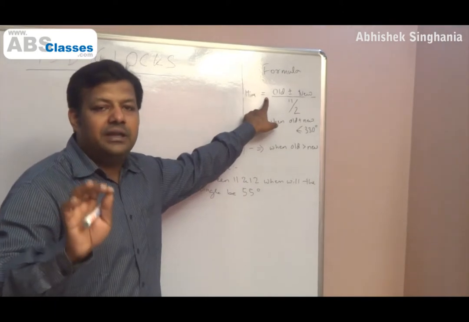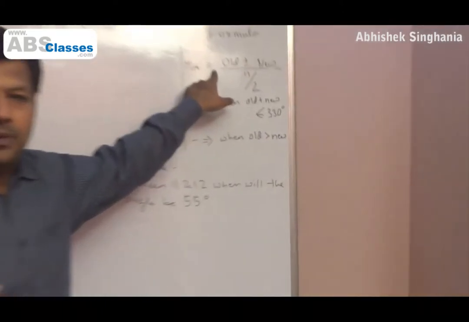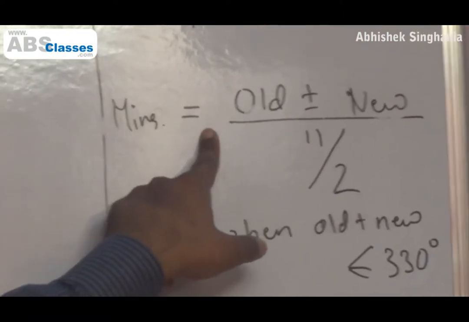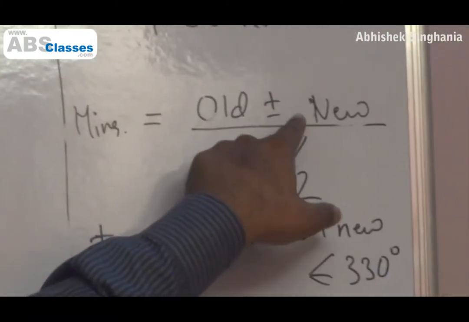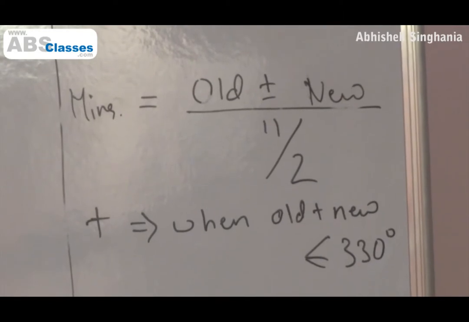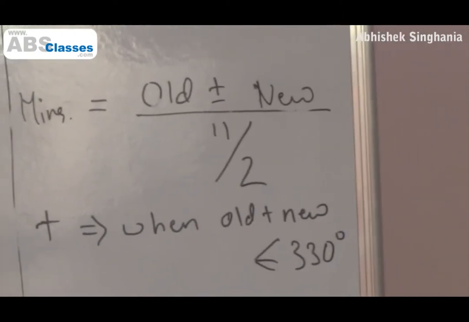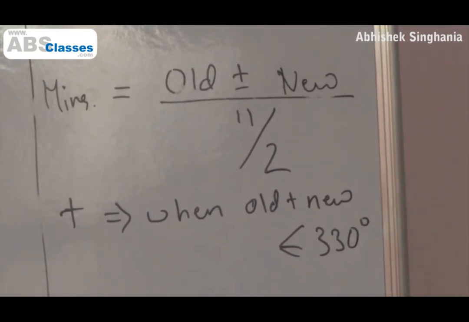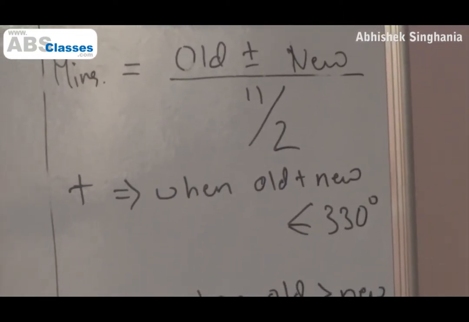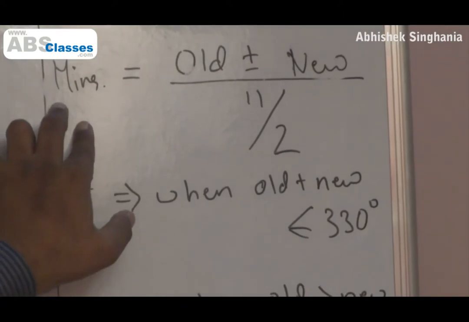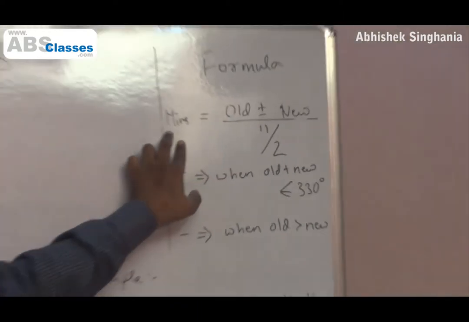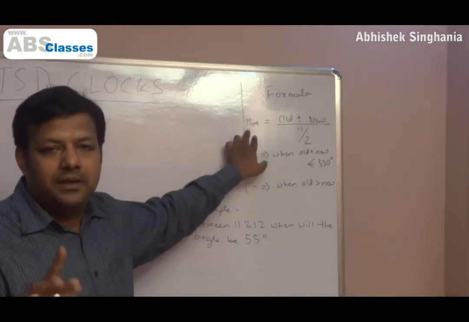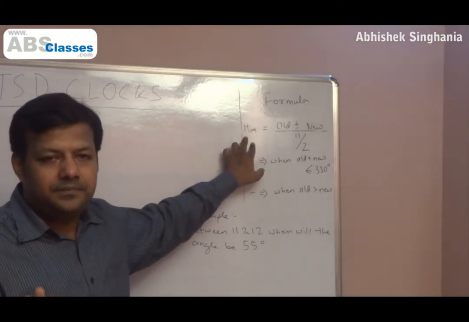So if we are calculating the angle at say 2:30, then old means 2 o'clock. What is the angle at 2 o'clock? Alright. New means the angle which is being asked, the new angle at that particular time. At 2:37, what is the angle? The angle that they are asking us at 2:37, that is new. And minutes refer to the number of minutes after the previous hour time. For example, what is the angle at 4:31? Then minutes is 31. Okay.